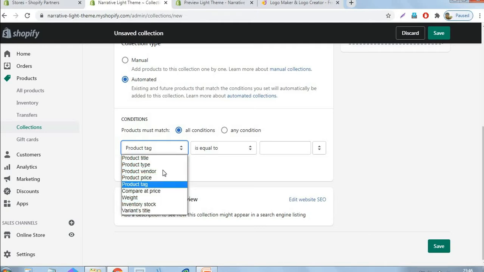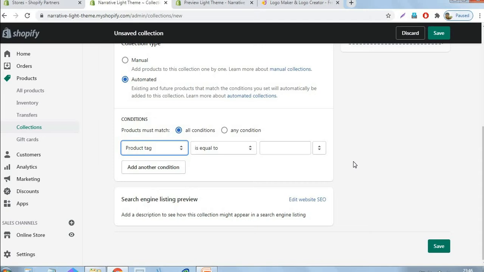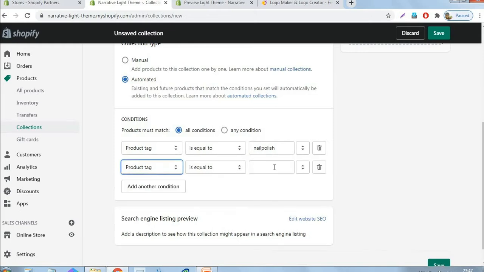There are a lot of options available in Shopify, but here I am choosing product tag as my condition and it must equal my keyword. Nail polish, then the second one, nail.